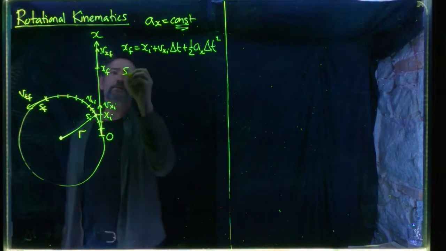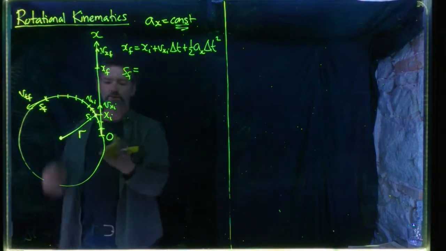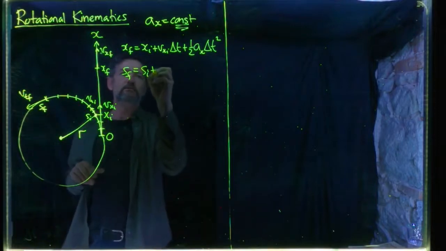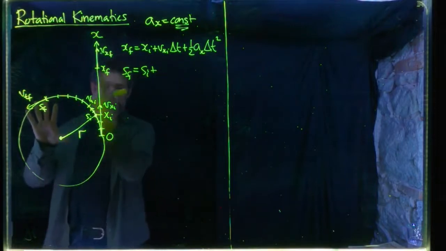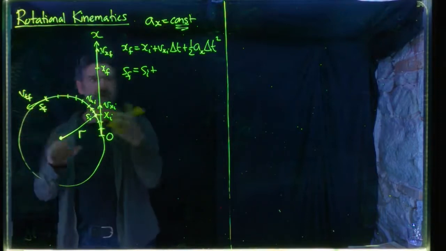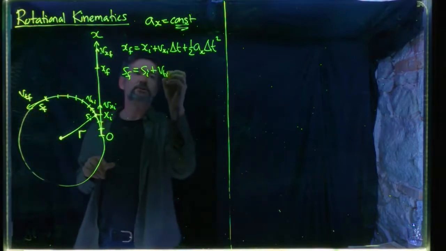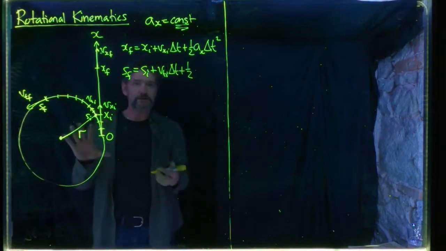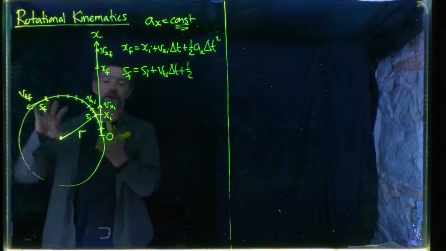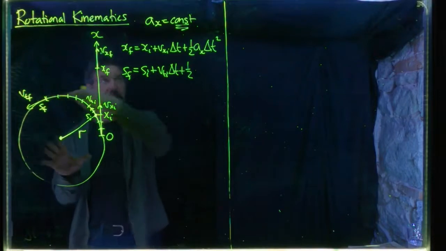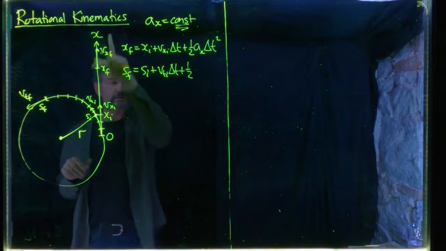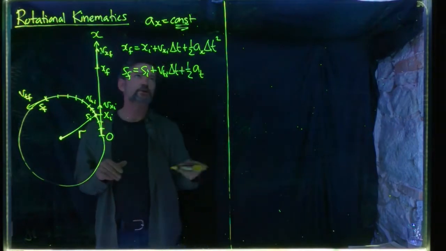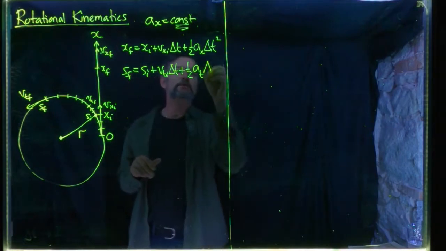So this is by direct analogy: S final is equal to S initial, both measured in meters, plus V tangential initial, measured in meters per second like Vx initial, times delta t, plus 1/2, in the case where the tangential acceleration is constant, just like the linear acceleration x is constant, the constant tangential acceleration times delta t